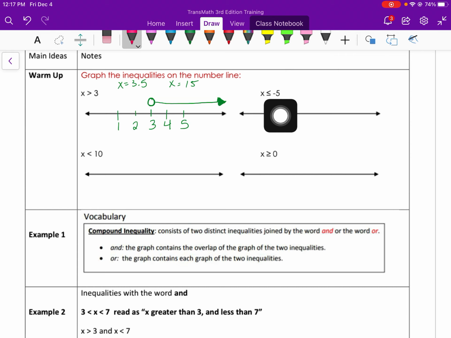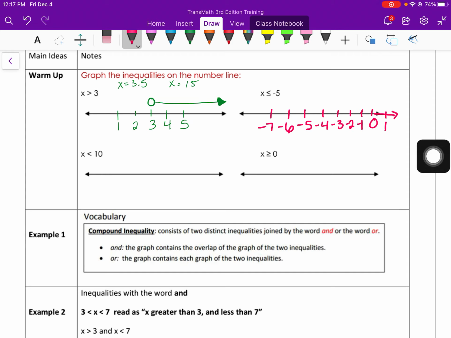The next one here says x is less than or equal to negative 5. So if I put negative 5 right here, to the left we count down negative 6, negative 7. To the right we count up negative 4, negative 3, negative 2, negative 1, 0 would be right here. And then we'd get into the positives like 1, 2, 3, etc. So less than or equal to negative 5 would have a closed circle